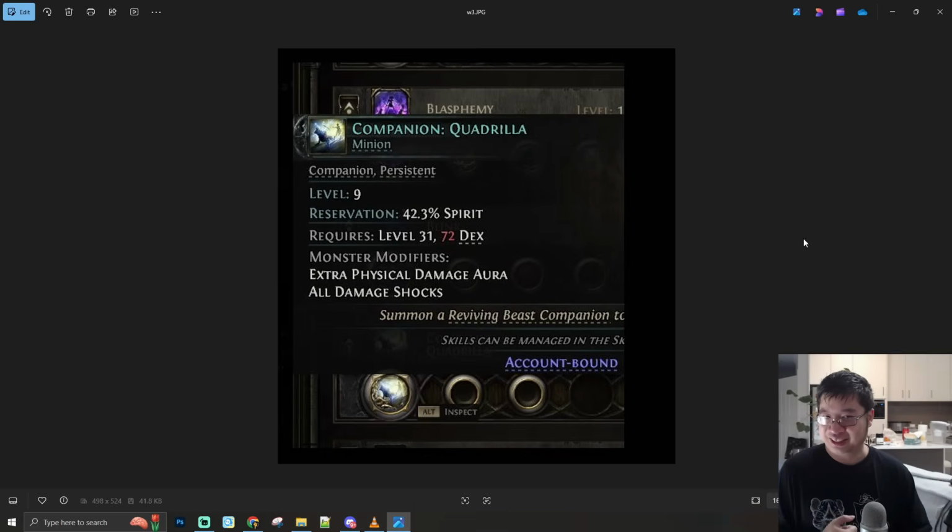Now I know what you guys might be wondering, how about using a companion with auras? So my friend spent a few hours looking for some of the best auras, looking for haste. He couldn't find haste, but he found extra physical damage aura. He also found all damage shocks. So he was running companions, but the downside of running companions with the warrior without having the dexterity and also without having enough minion life is that the companions were dying too fast. So this is one of the reasons he didn't run companions, but you can run a companion with this build